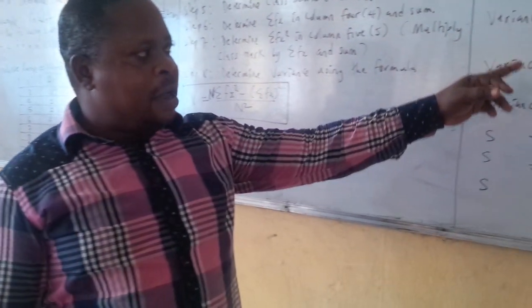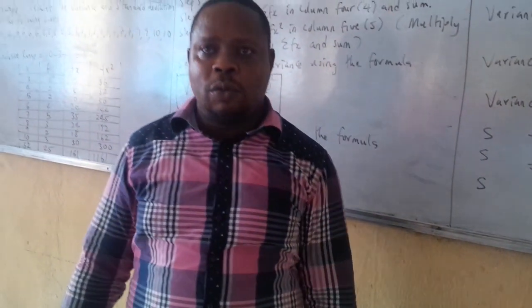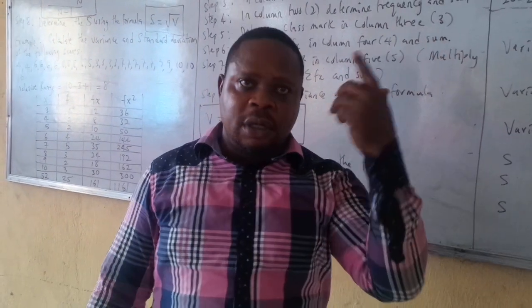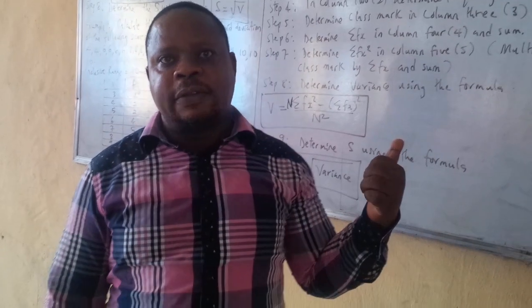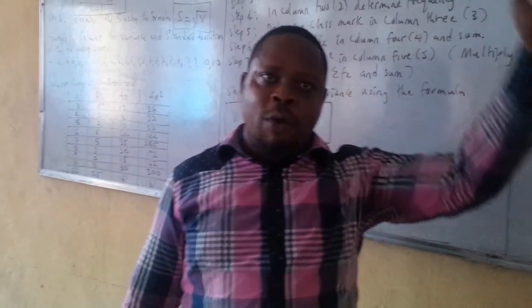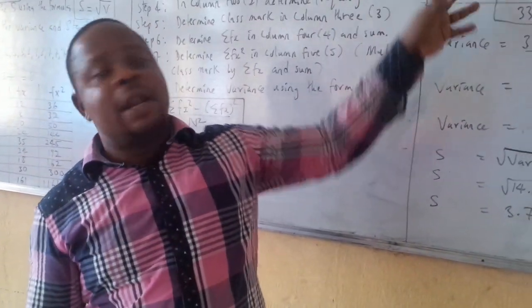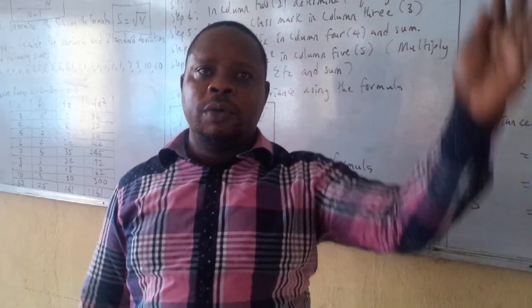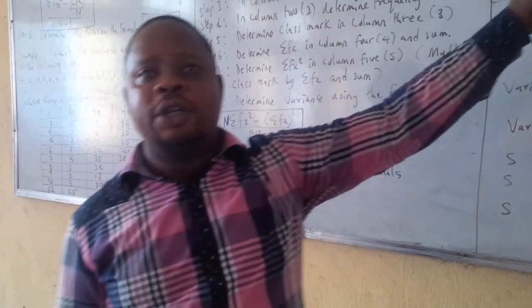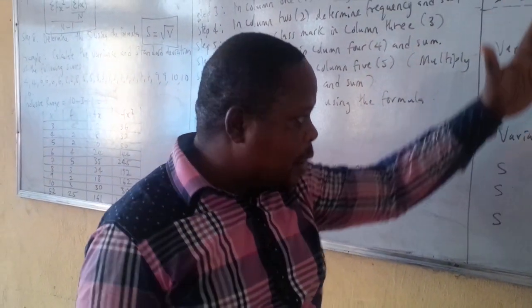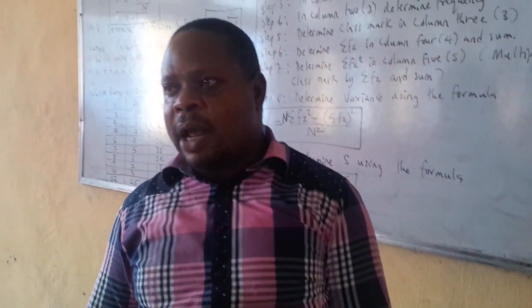So the variance and standard deviation are often interpreted alongside the mean because they go together with the mean, just as we said in our previous class that range goes with mode. The variance and standard deviation go with mean. That is why, when you are using the mean deviation method, you first determine the mean before you go on to determine the variance and